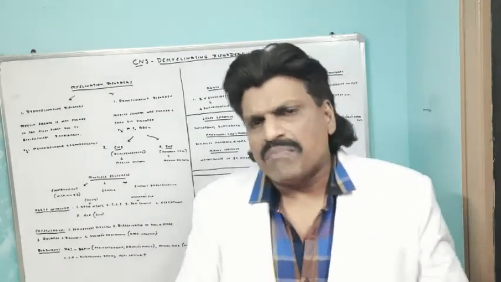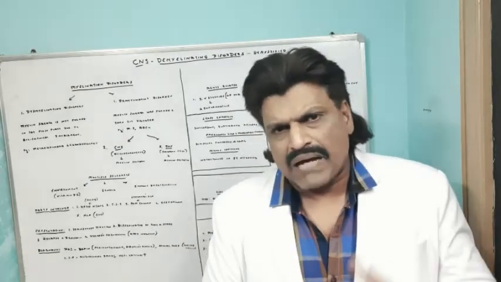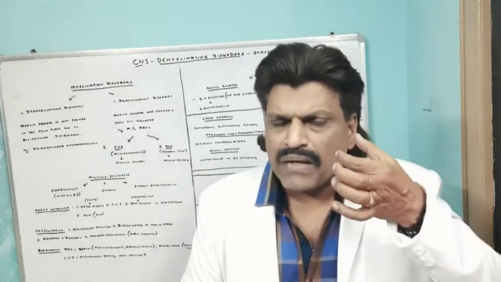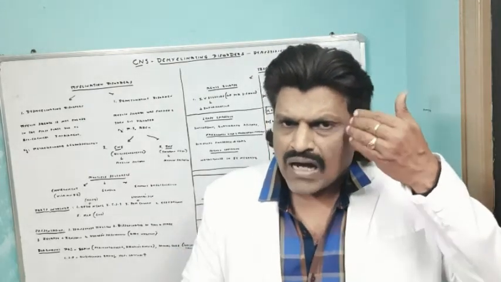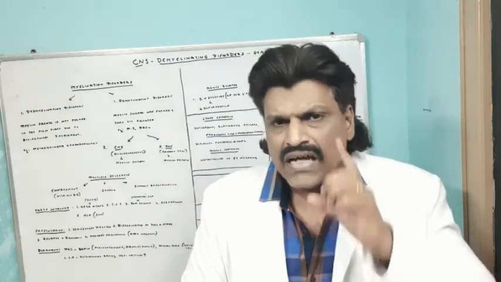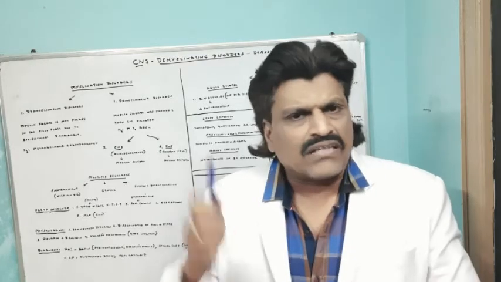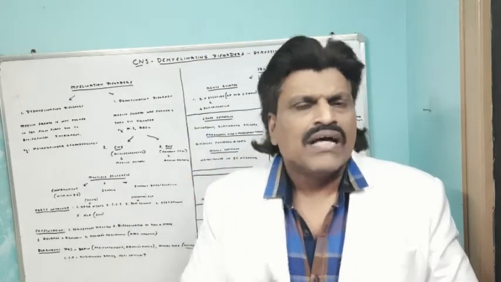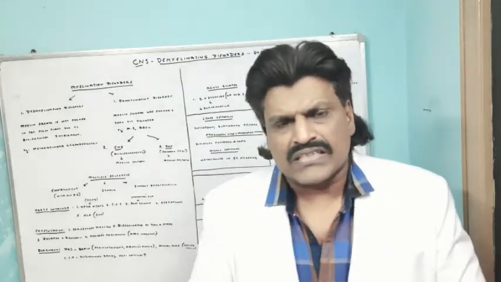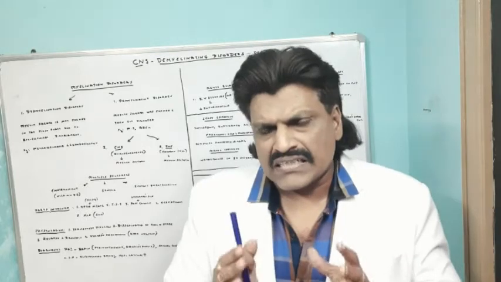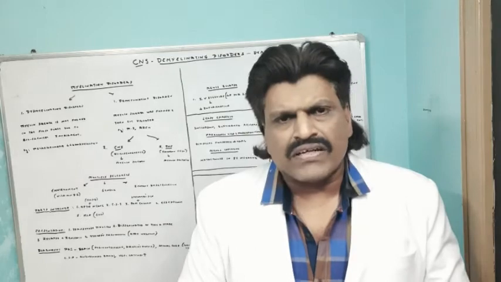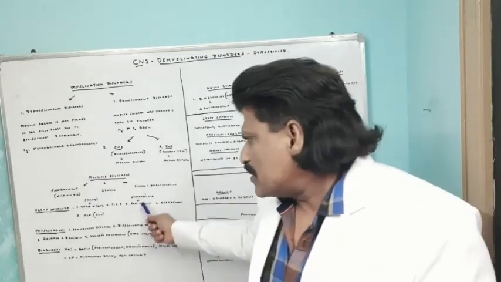Sometimes MLF and PPRF, the paramedian pontine reticular formation, can get affected together, which results in one and a half syndrome. Because the PPRF gets affected, one side movement is gone, half movement and half movement. That is, the eyes which are pulled towards its side is affected, and when the MLF gets affected, the adduction gets affected. The only movement possible is the half movement, and that too with an abducting nystagmus, which is known as one and a half syndrome, when the PPRF and MLF get affected. So MLF gets affected characteristically in multiple sclerosis, which is known as internuclear ophthalmoplegia, and when both the MLF get affected, it is known as bilateral internuclear ophthalmoplegia.